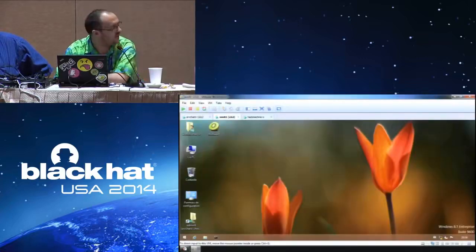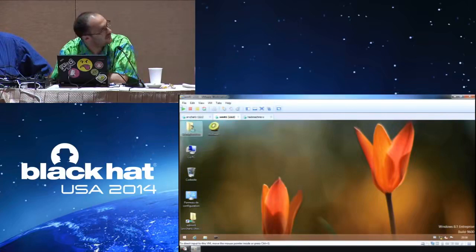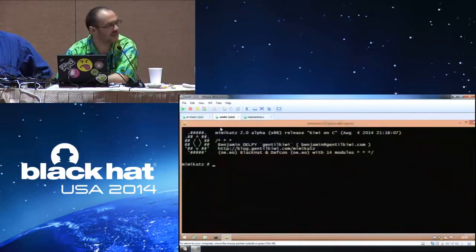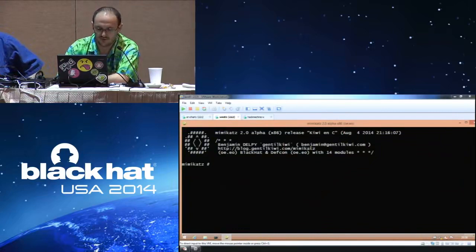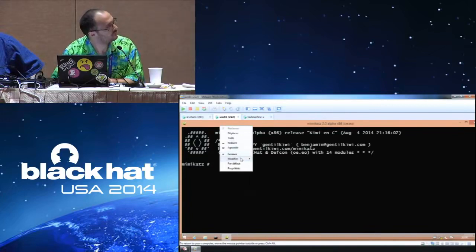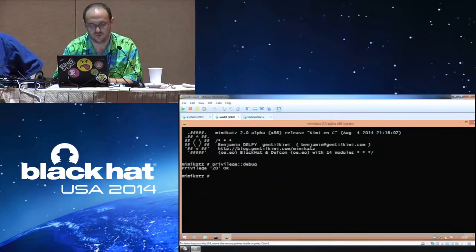So here we have a Windows 8.1 version with the domain administrator login. That's crazy, I know. I hope all people can see what I project, the text. And with two commands, privilege::debug is to access the LSASS memory, and sekurlsa::logonpasswords